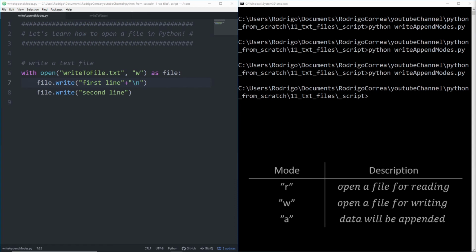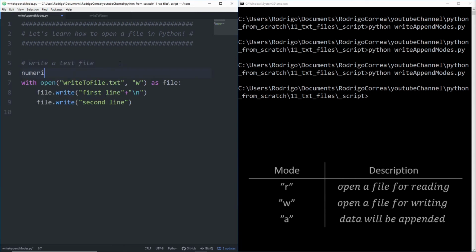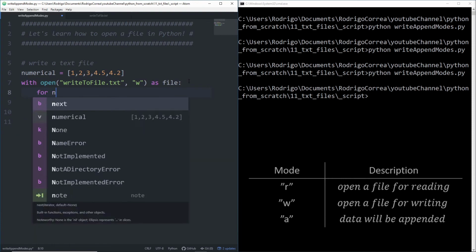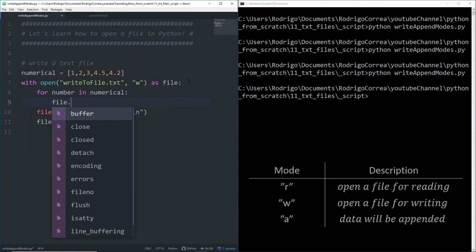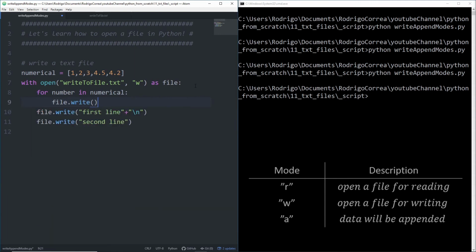What if you want to add to a file numbers, integer or float? For that, let's create a numerical list. I will say numerical, and let's give 1, 2, 3, and some floats. That's okay. If I want to add each of those elements to a file, we can now iterate over that list for number in numerical. I just say file.write. Here you could say number, but don't forget, every time you write to a file, it